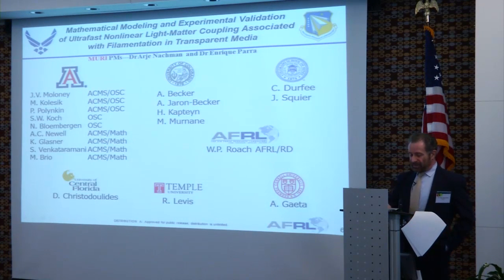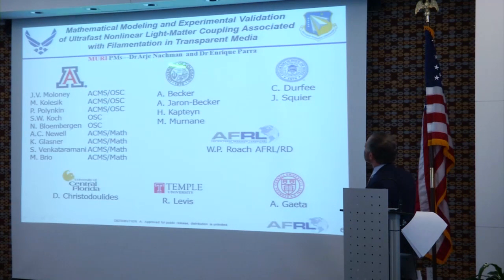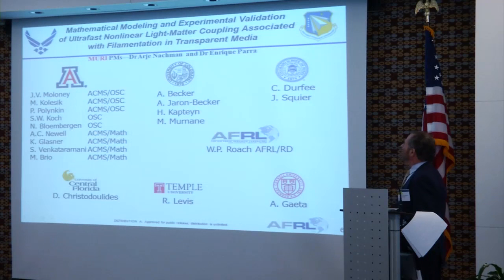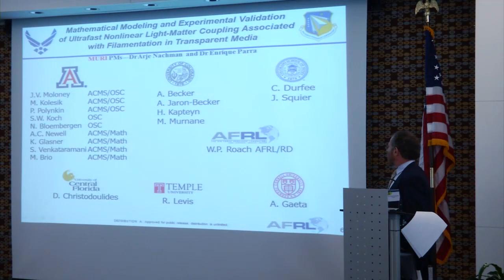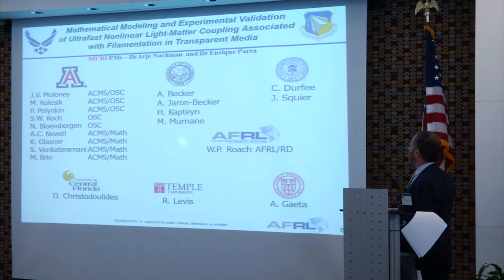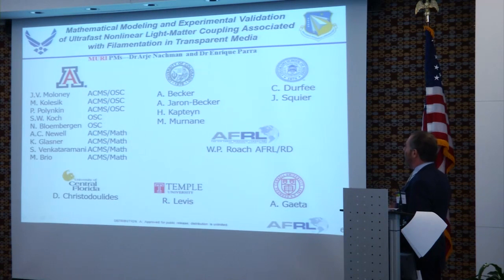Now here's a chart that Jerry Moloney made for me, except I put down a little bit more in it. This is his MURI. This is the main university, University of Arizona. Here are several universities down here that are players. This one, of course, gets no money from it. They can't by law. But Pat Roach is a lab task at AFRL who does some experiments in this area. And this lab task is not mine. It's Dr. Parra's, and I assume he'll mention it. I don't know. But this is a very distinguished group of people.